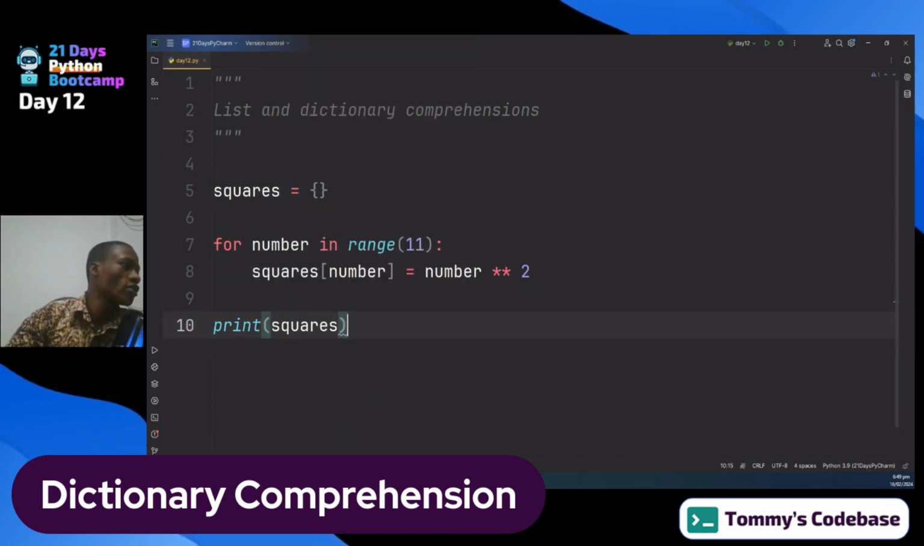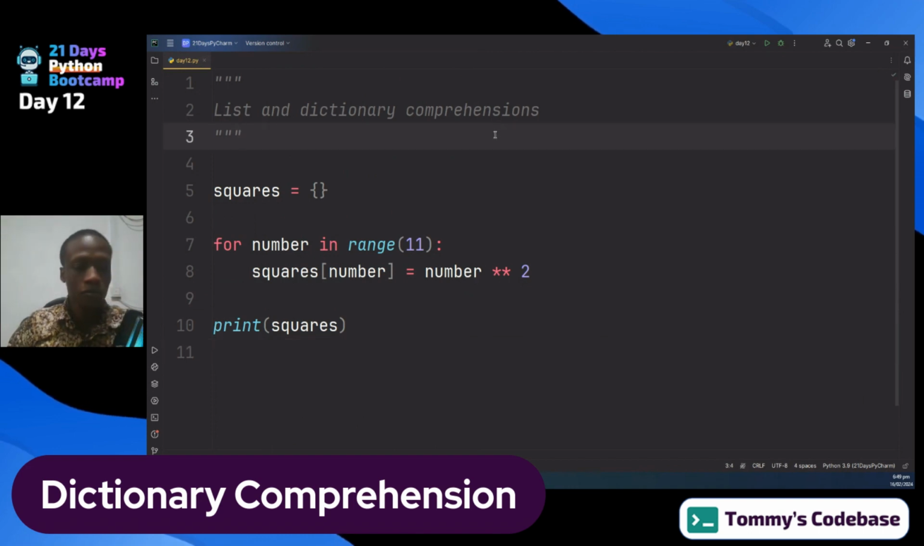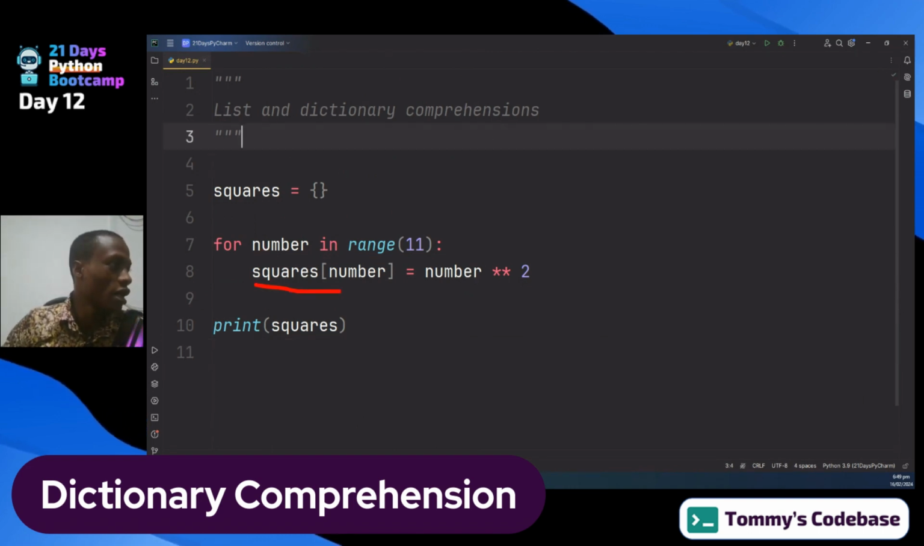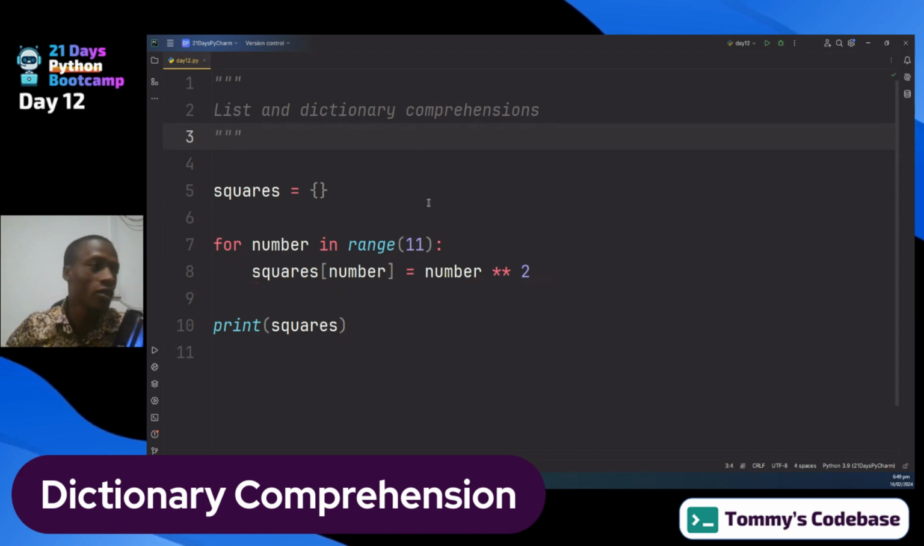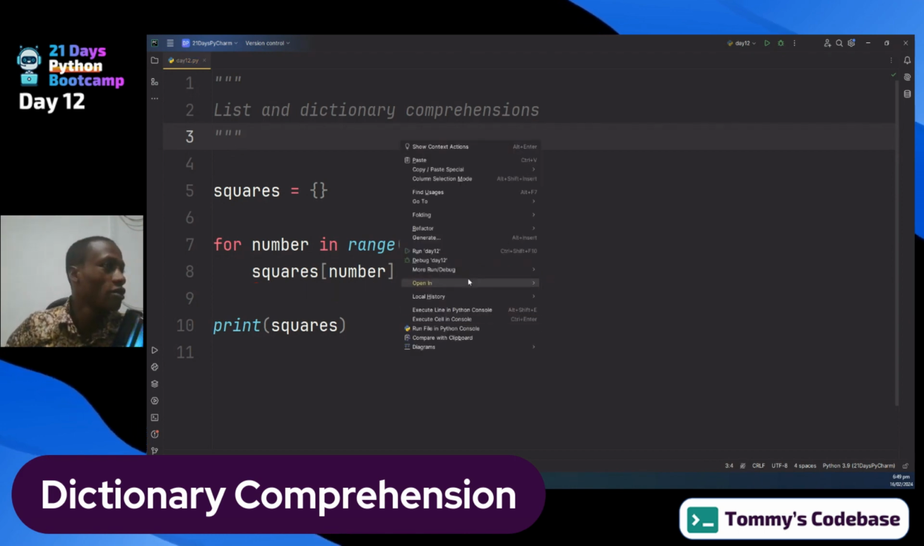Okay, so what this code is doing is that for each number, this is how we add new entries to a dictionary. So what it's saying is that if it gets to 1, add 1 as a key to the dictionary, and the value of 1 should be 1 squared. And then when it gets to 2, add 2 as a key, and then let the value be 2 squared, just like that. So that is what it is doing. If we run this code now,